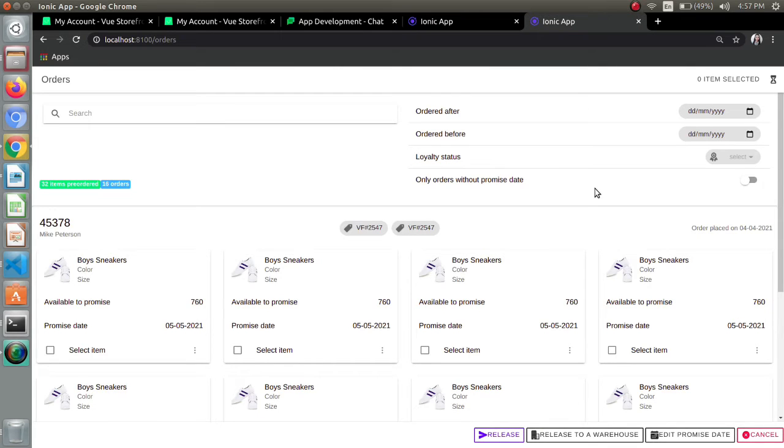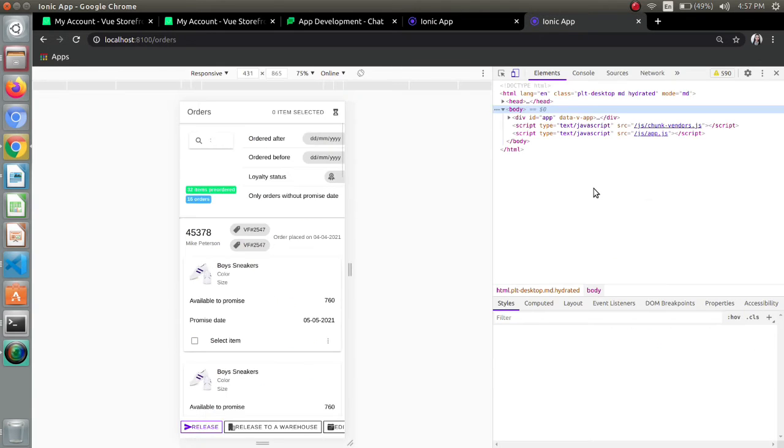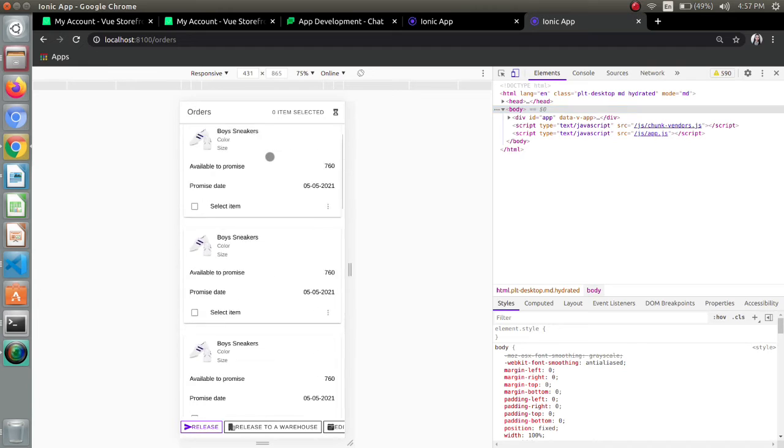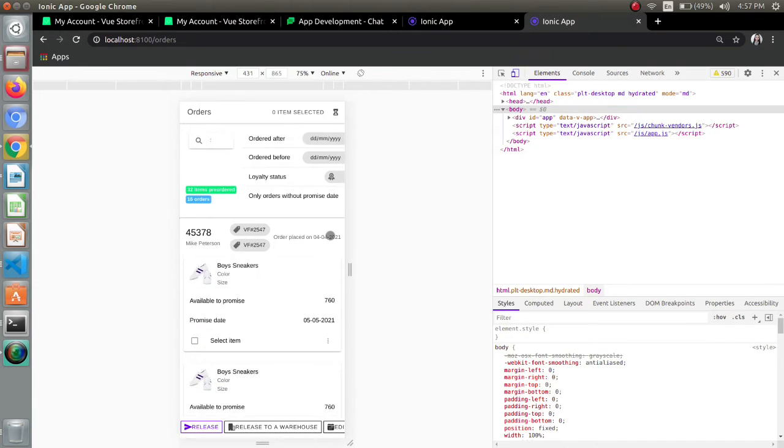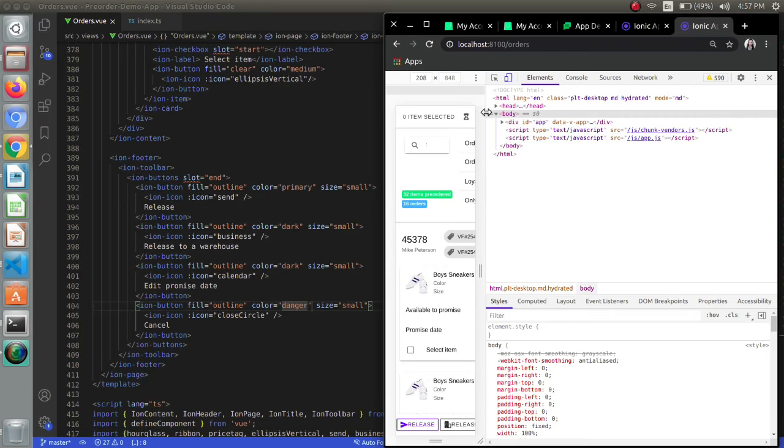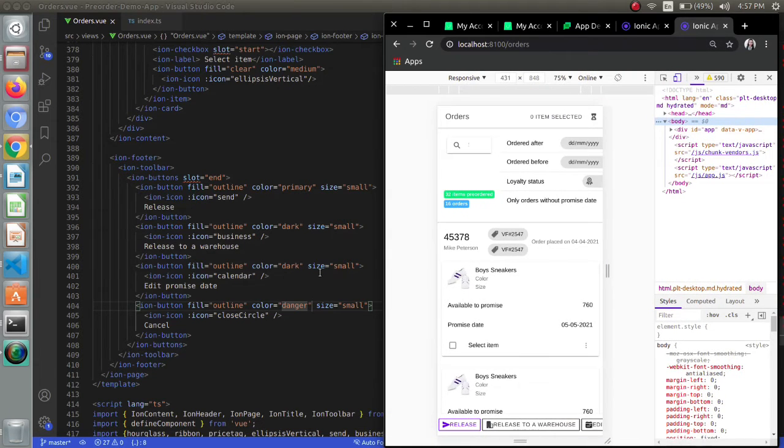And currently the mobile view is somewhat like this. So let's just switch to our VS Code and work on the CSS part for creating the mobile view.